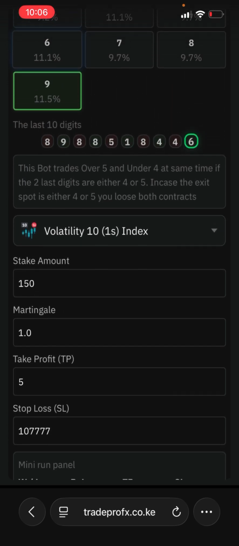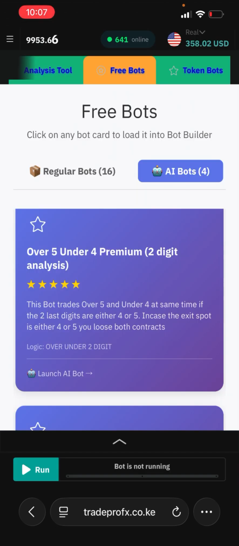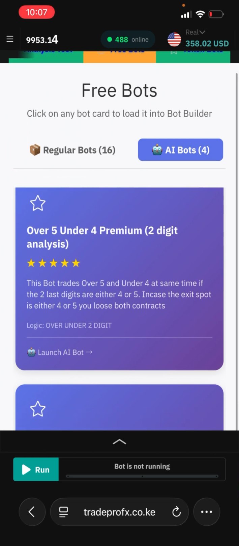So by now we need to be out of the market. We are at 358, and that's how I've made 358 minus 250, 100 USD printed in that simple manner, using the AI bot over 5 and then under 5 checking the last 2-digit analysis. And that's how you use the